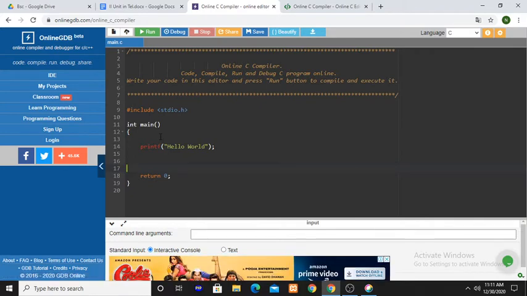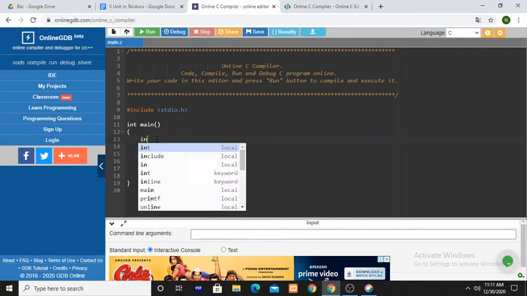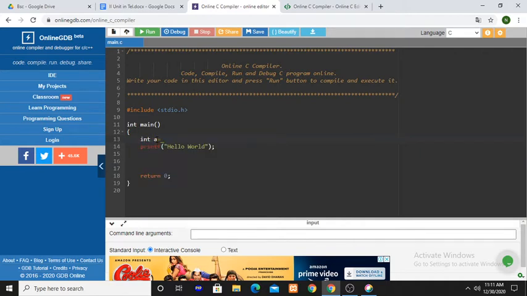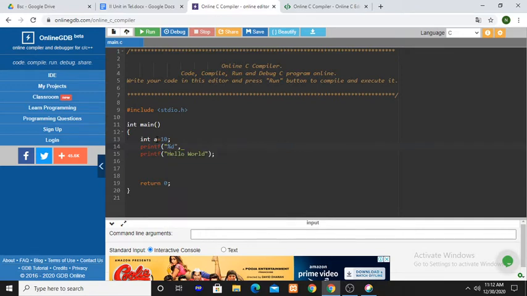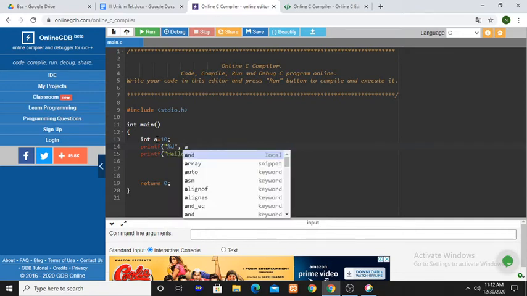And also from the main, all the statements are executed one by one, sequentially. There is no skipping of instructions. That means no jumping.